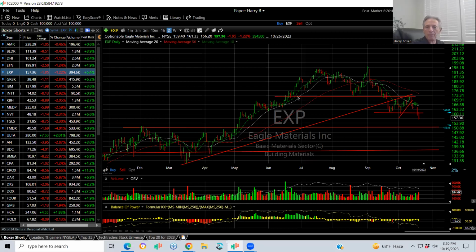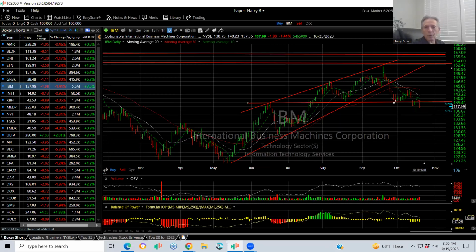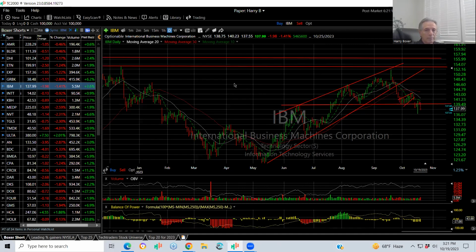Believe it or not, IBM formed a head and shoulders top. Look at it. Notice this, when it broke the trend line and then formed what I consider a bear flag, it's a short. Now it came down and bounced, but had another ugly day today. I think it's the kind of stock that could probably drop down to 130 or even 120, 122, especially if we get a very negative period in the market.